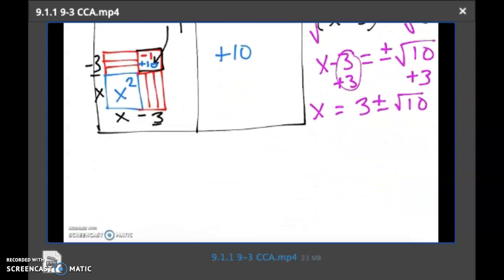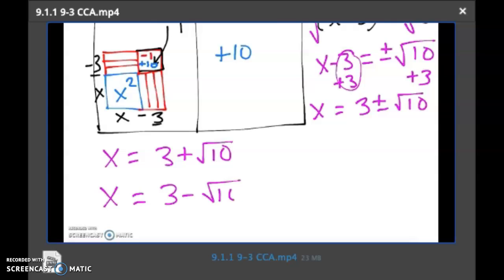Okay, so I'm going to rewrite that. One of my roots is at 3 plus the square root of 10, and the other root is at 3 minus the square root of 10. Now if you were to take